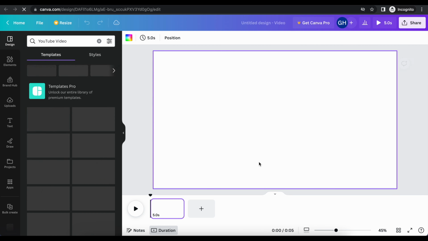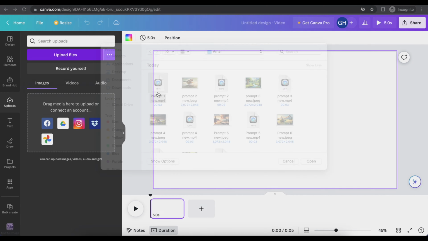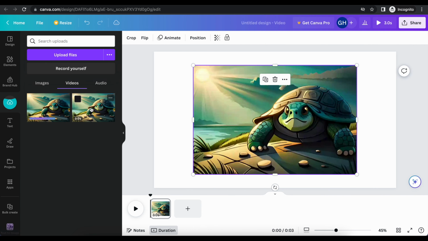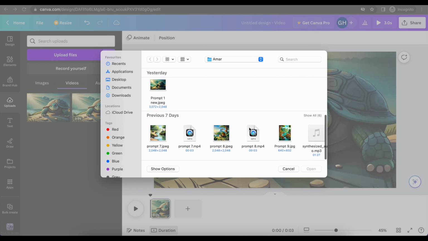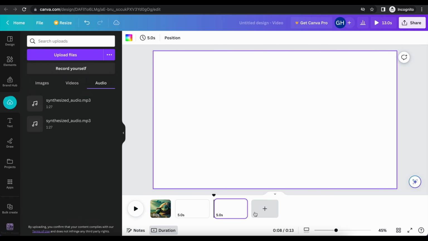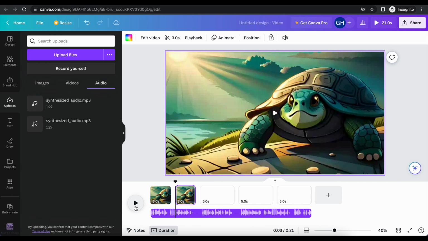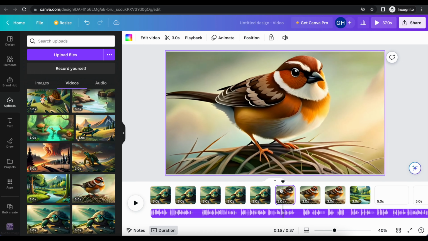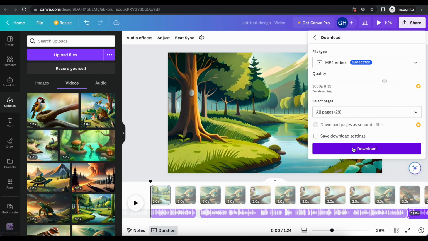Part 5. Video compilation. Go to Canva and click on YouTube video. Then click on Upload and select the first video. Now click on the video to add it to the timeline, right-click on the video and select Set Video as Background. Now click on the Upload button again to add the audio that we downloaded from 11 Labs. Click here to add blank templates. Now drag the audio to the video editor. Adjust the video according to the audio. Do the same with all the files. Once the video is ready and compiled, click on Share and then click on Download.